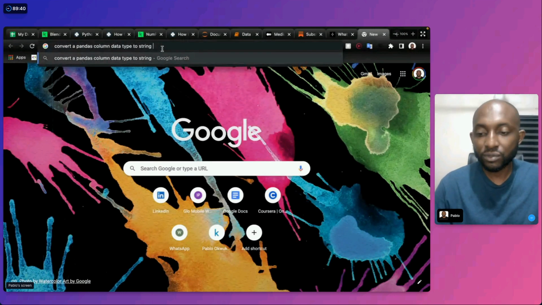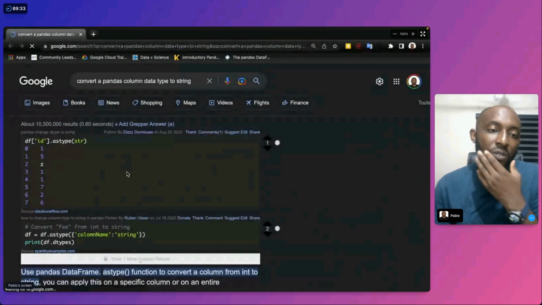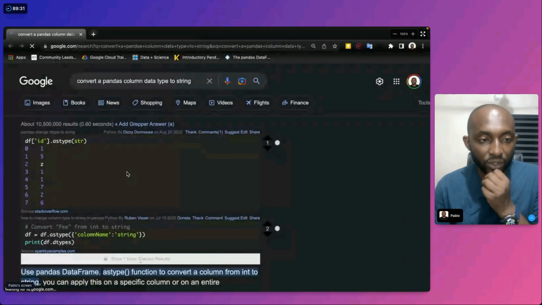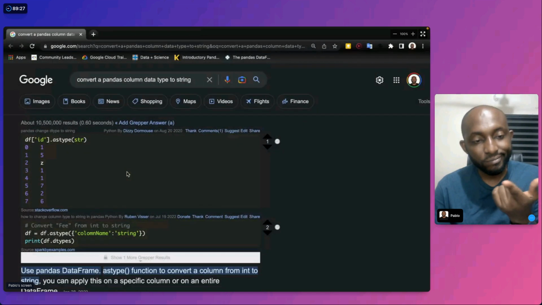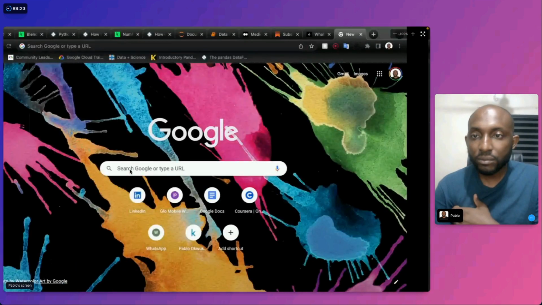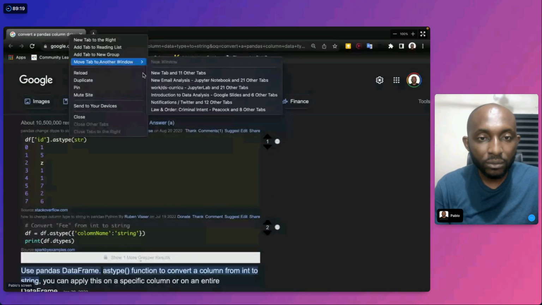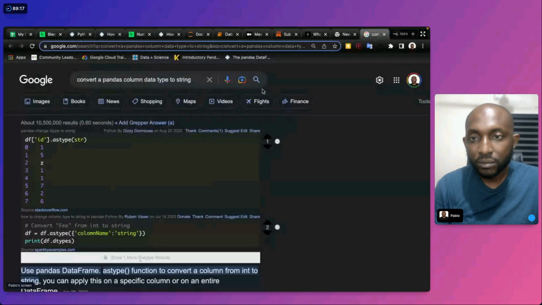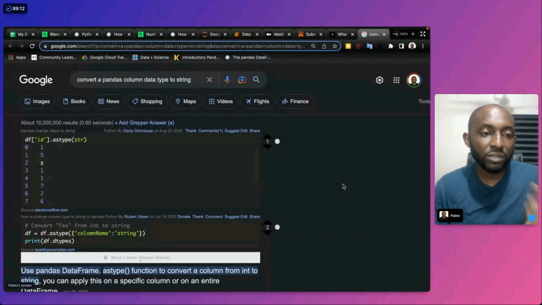Column data type to string, yes. Okay, so this is how you convert it to string, right? So this is it, dot astype to string.